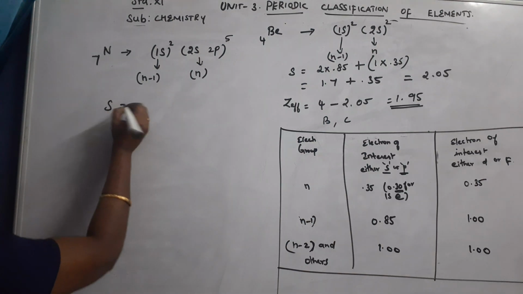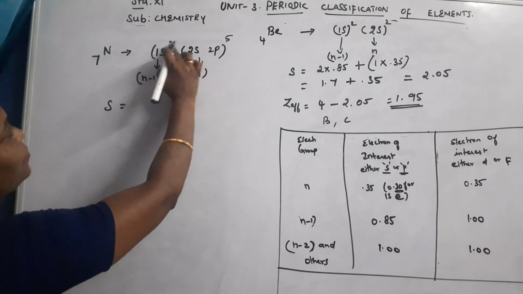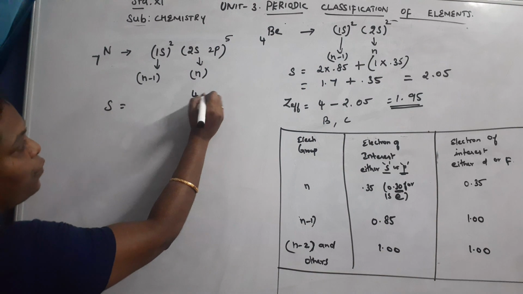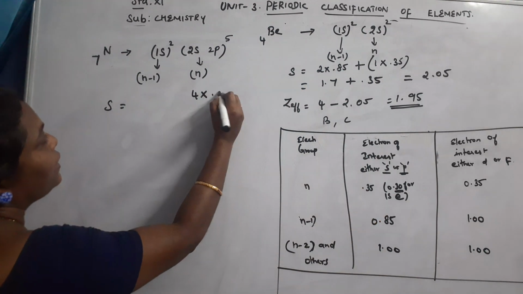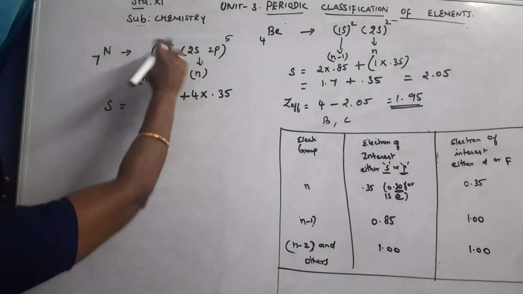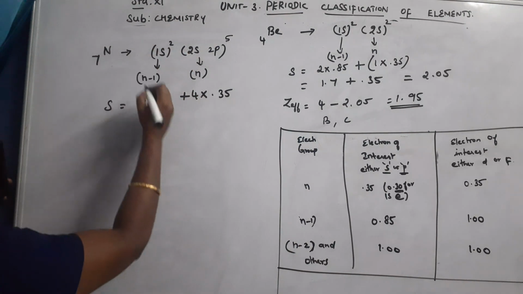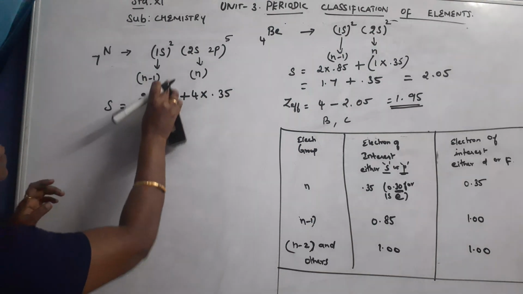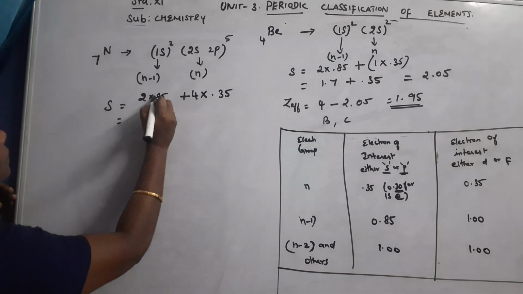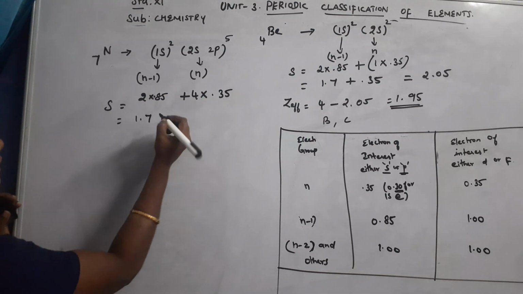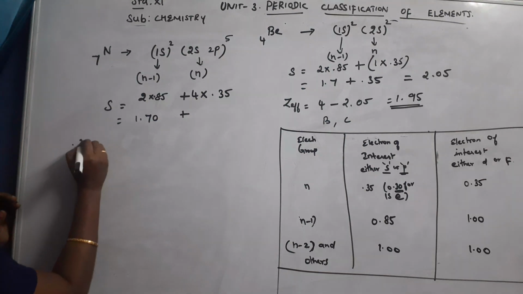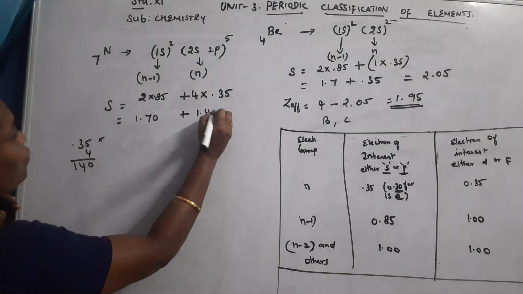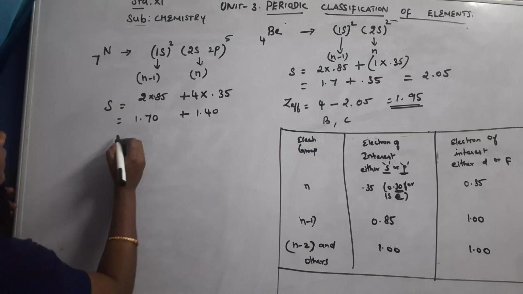So S equals, totally 5 electrons. For 1 electron we are going to calculate, the remaining electrons, 4, into the nth shell value is multiplied by 0.35, plus n minus 1 contains 2 electrons, so 2 into 0.85, which is 1.70, plus 0.35 into 4, which is 1.40. While summing up we are getting